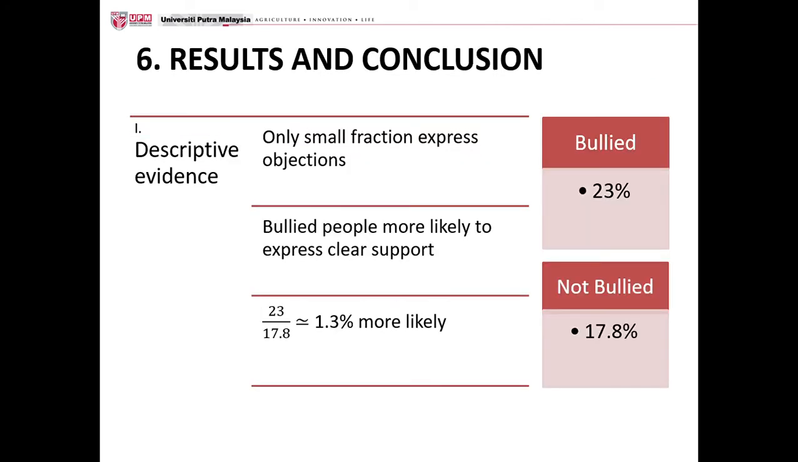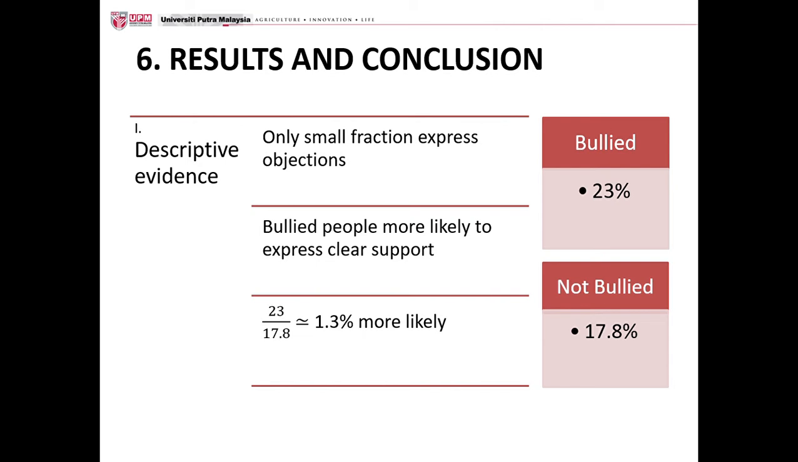So next is the results and the conclusion. For the results, we have two types of results. The first one is the descriptive evidence. The descriptive evidence shows that only a small fraction of the respondents expressed objection, either the bullied or the non-bullied. But bullied people are more likely to express clear support, which we can see